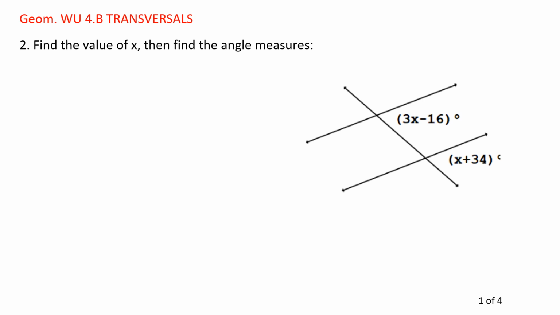Hello geometry students, continuing a review of parallel lines cut by a transversal. In this problem, basically all you're doing is an algebra problem disguised as a geometry problem. And the first thing you need to do is make sure: are these angles the same or are they supplementary? If you're not sure, draw a picture